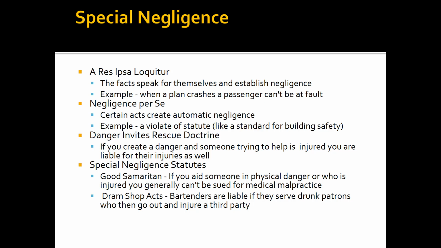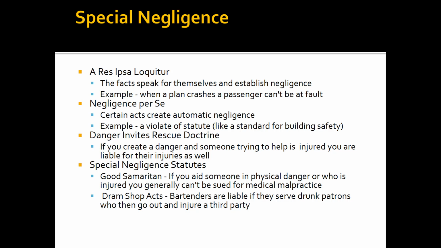You say, I don't know whether it was the airline, so I'll sue them, the manufacturer, the pilot, I'll sue all 3. Let them fight it out. So it really changes the lawsuit from you suing them to them suing each other to determine the degree of liability. There is also instances, rarely, of negligence per se.